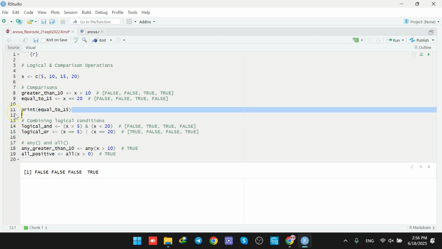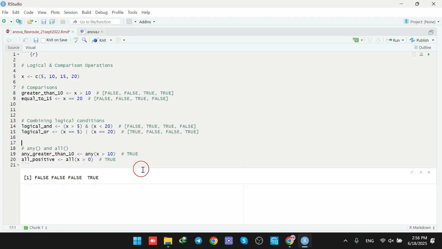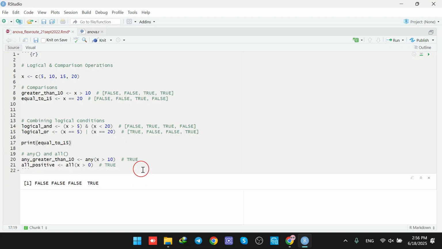Now, let's move on to the next part. The next part is combining logical conditions. So now, let me put it here. Okay. Now I would like to create a vector called logical AND. So I would like to now teach the AND operator as well. We check each element of the vector X